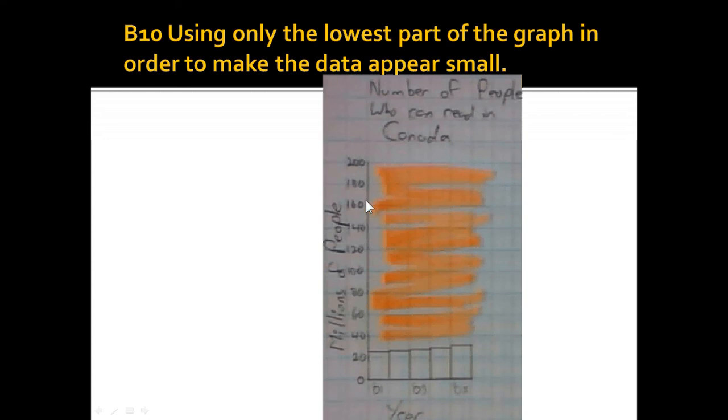In this case, they left a huge section of the graph completely empty. There's nothing there. You shouldn't do that with graphs most of the time. What should be done is that they should just go up to 40 and make the graph fit the page. By leaving a huge amount of empty white space, it gives a certain impression. For example, in this case, this graph is trying to talk about the number of people who can read in Canada. And these are the millions of people. And look how few people in Canada can read.